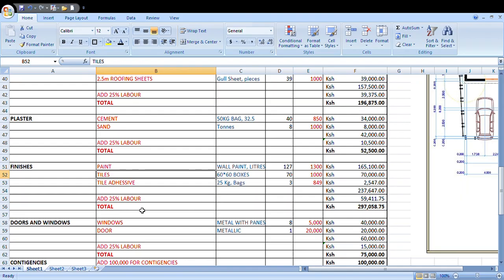And then we have tile adhesive. Remember, with tile adhesive we also mix with cement, but I did not include cement here because I had already added cement and sand, including what we call shrinkage allowance, 5 to 10% for shrinkage. So I need not add another cement here because it is not so much, so I can use the remaining from other parts. I can mix it with tile adhesive and then fix my tiles. So the total for finishes, I come up with